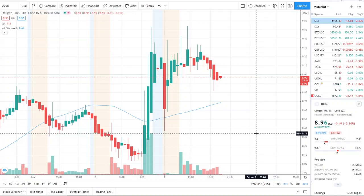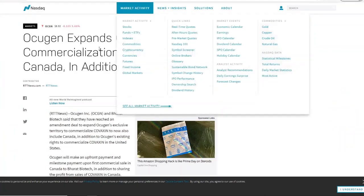And the biggest catalyst we're waiting for is emergency use approval in the US, but this expansion to Canada is